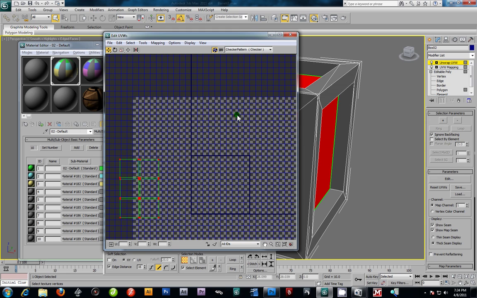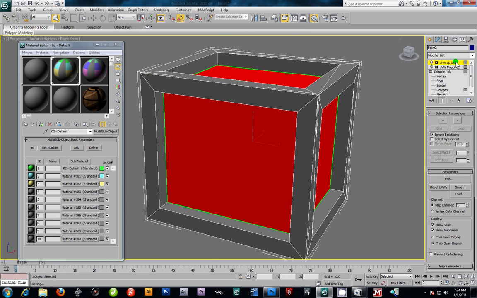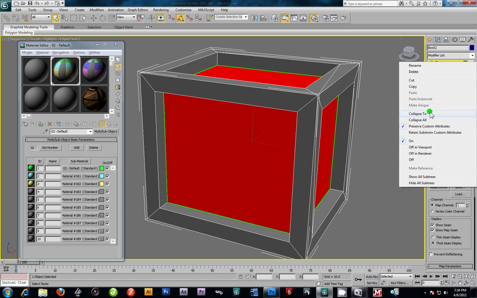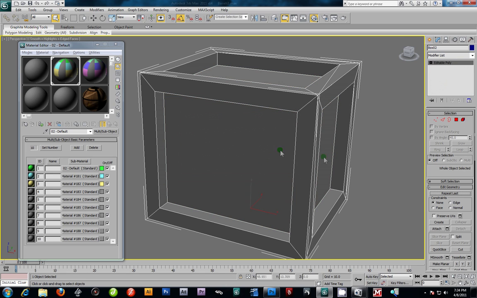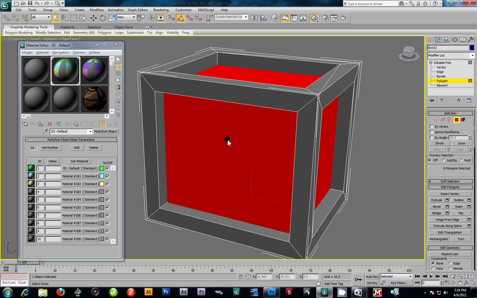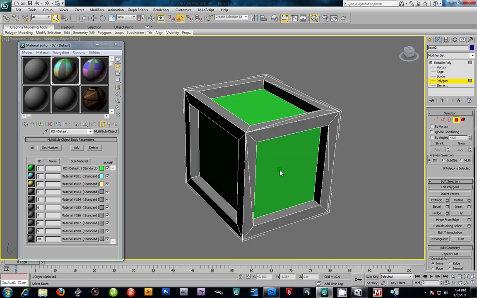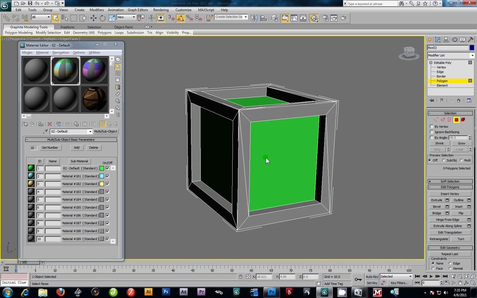Now I'm going to close that out, and then I'm going to right click, Collapse To, and lock those in place. And now, so I don't get confused of what I just mapped, I'm going to go back to my polys, and it remembers which ones I selected. And I'm going to go ahead and drop that green shader on there. So now it's letting me know, hey, I just mapped those areas. Alright, so now I'm going to go ahead and